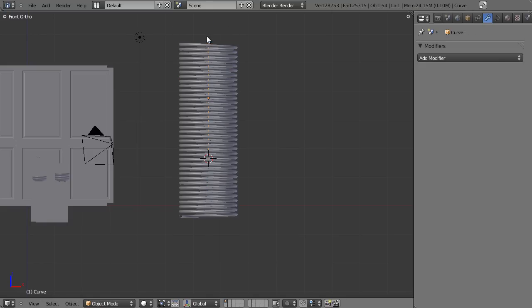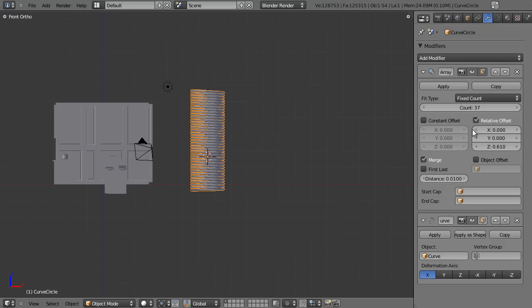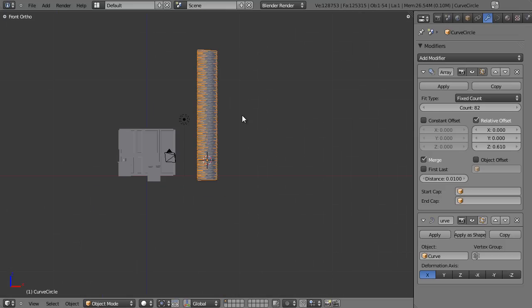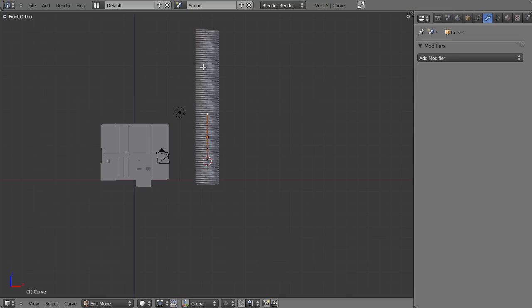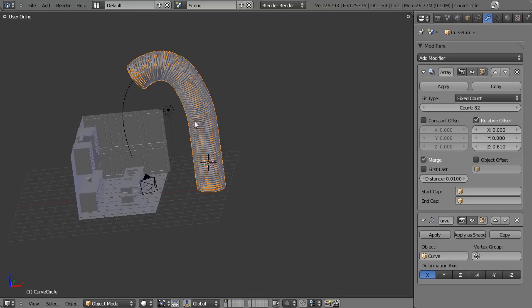Trying to make it so that it's moving down at the right place, but that's alright, we can leave it as that. So I'm going to just increase that array count there. Select this path object here, and it's just a matter of carving out the shape that you want